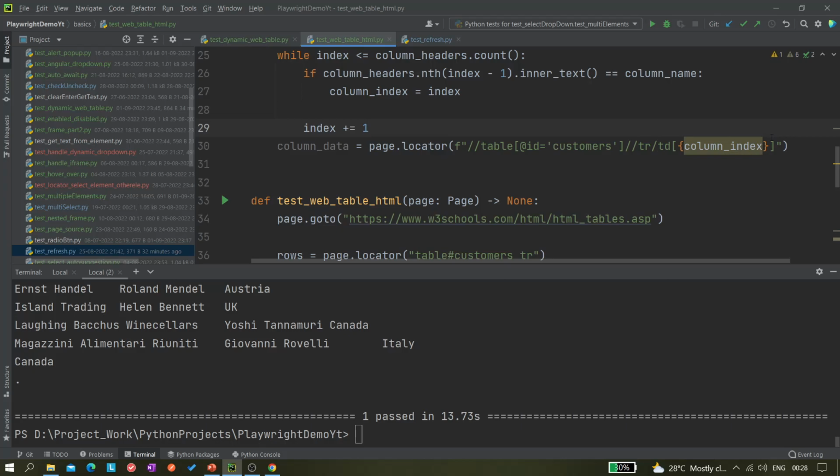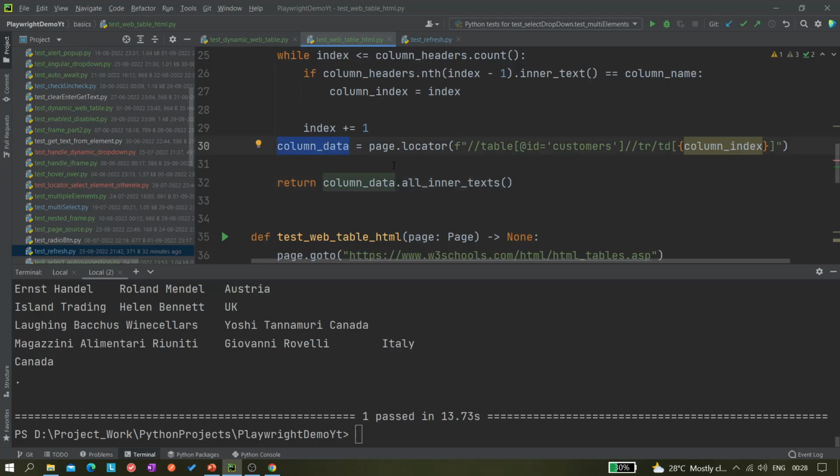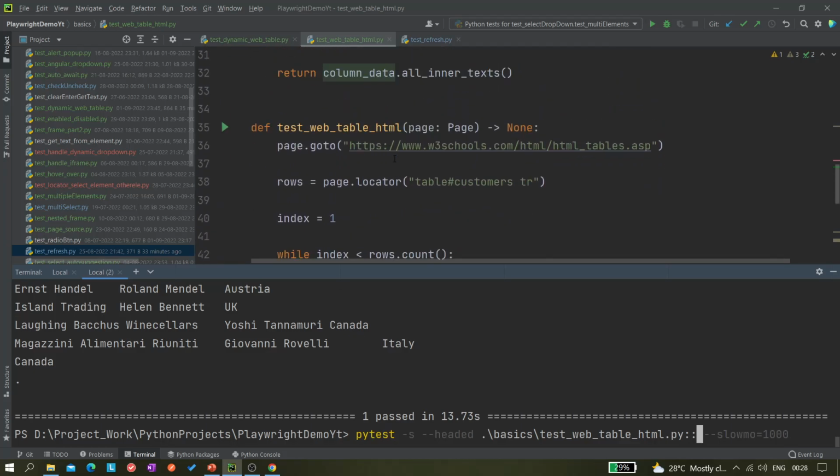So now we have to return column data dot all inner text. Because there will be multiple texts coming, we are using all inner text, because this column data value, this page dot locator, will give us multiple locators, right? So we need this all inner texts. Now let's run it, and this time let's run the single method only. I think there is one method only, right? Yeah,